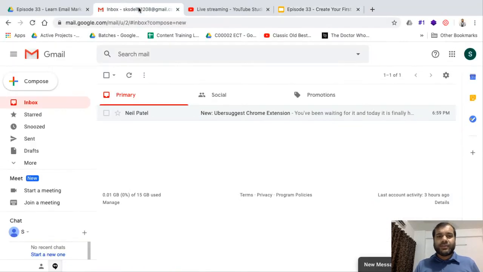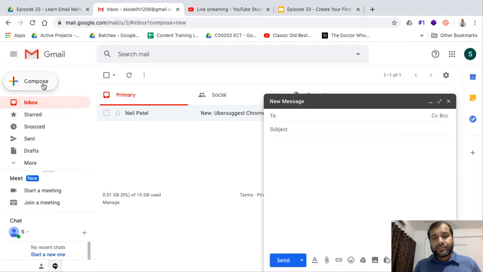So this is the Gmail ID that I have created. I go here and click on compose, right? The moment I click on compose, you will see that